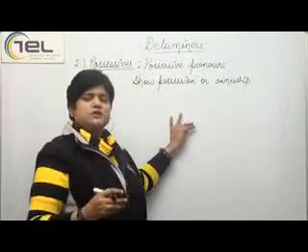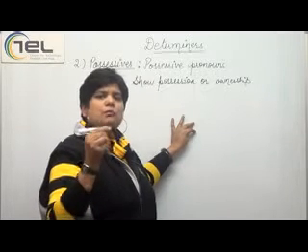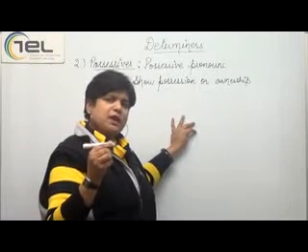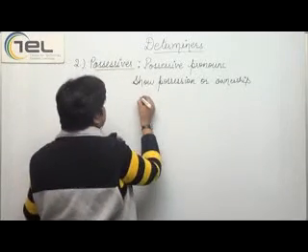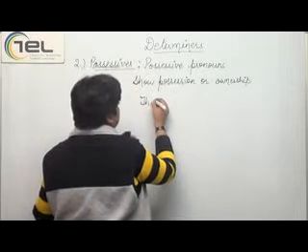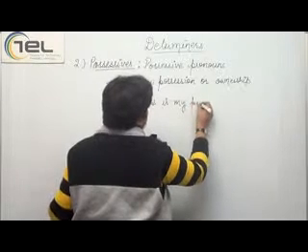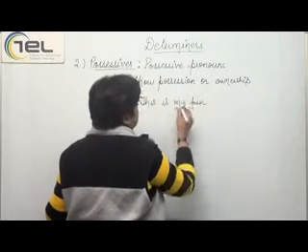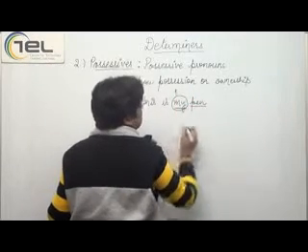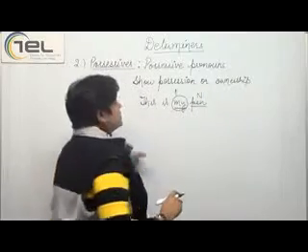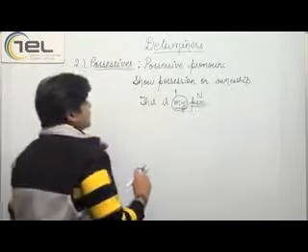Possession or ownership. So if I own something, say this is my pen. So my would be a possessive pronoun and I am using it before the noun pen. So for example, this is my pen. Now here my is a possessive and pen is a noun. So this is a possessive pronoun that I am using before the noun pen.